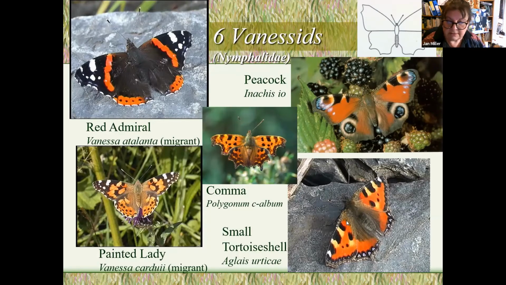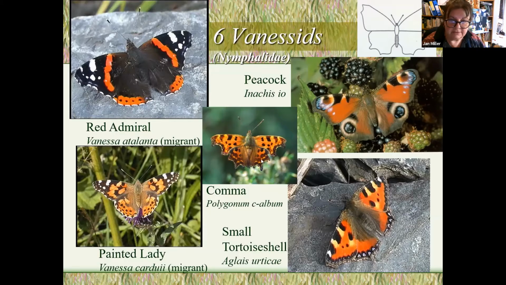You can tell the small tortoiseshell by this sort of tortoiseshell pattern. That's why it's called that. On the leading edge of the wing, you've got black and white or cream coloured stripes along the edge. So that's the thing to look for. And it's orange all the rest of the wing. It could be confused with the comma if you see it moving. However, the comma is our only butterfly with this very distinctly scalloped edge. So look for whether it has a scalloped edge or not,